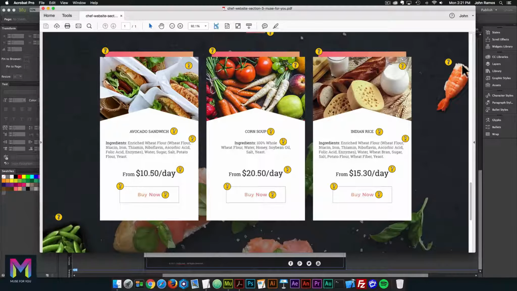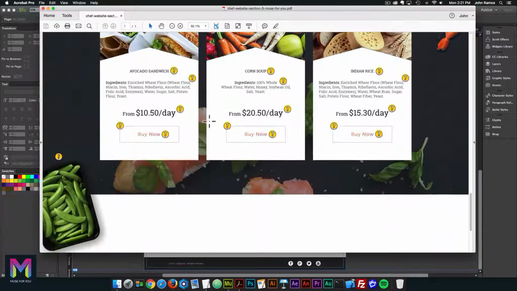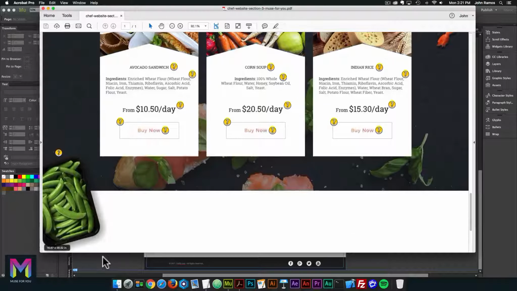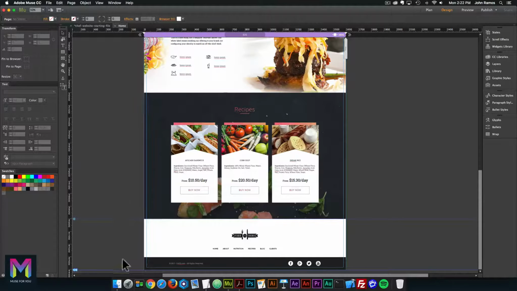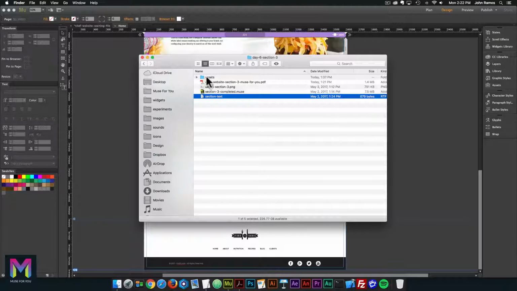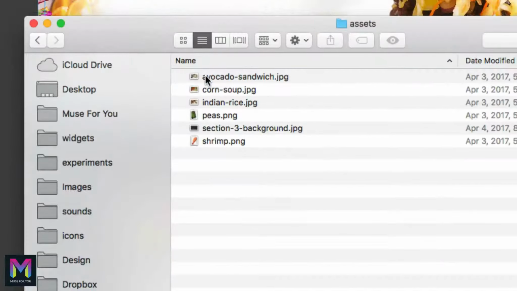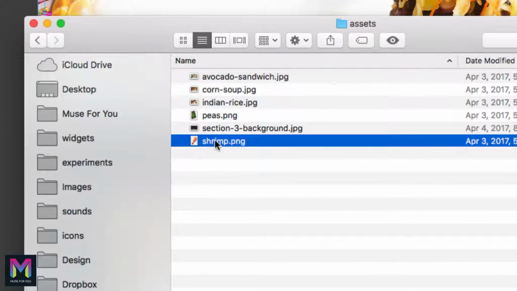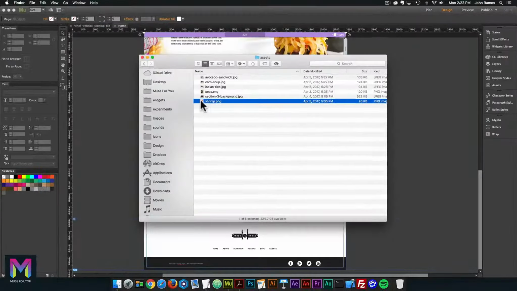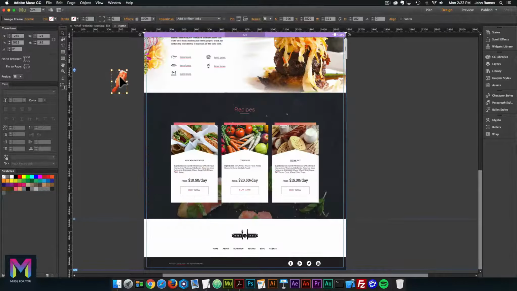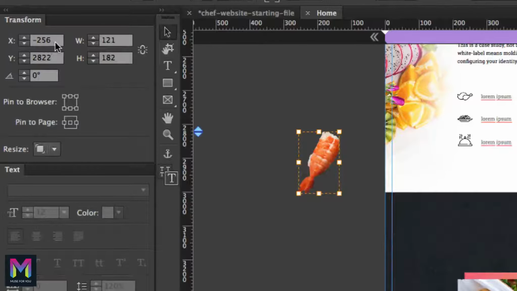So in the PDF, we have this shrimp right up here, and we have these peas right down here. So I'll go ahead and add the shrimp. To do that, we'll go to the Finder, and we'll go to Assets, the Day 6 Assets, Section 3, and here we have the shrimp.png. Here I'm going to click, hold, and drag, place into Adobe Muse,